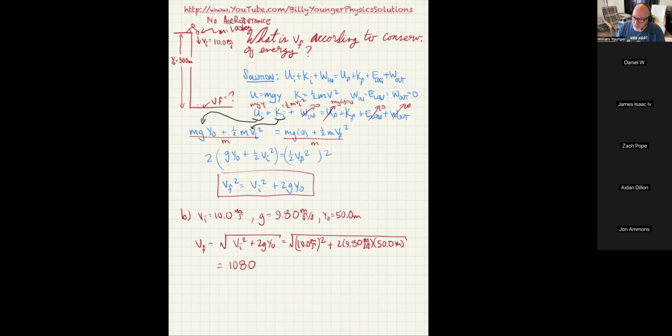In this case, we're just dropping it down, so there's no ambiguity in whether the velocity is up or down. We've got 1080 meters per second squared, and I'm going to raise that to the 0.5 power, and I get 32.86